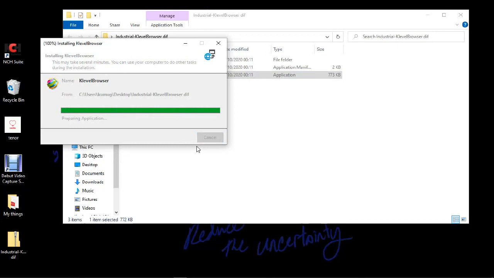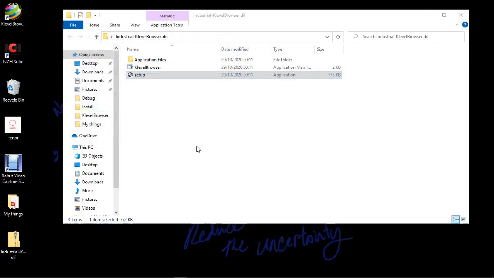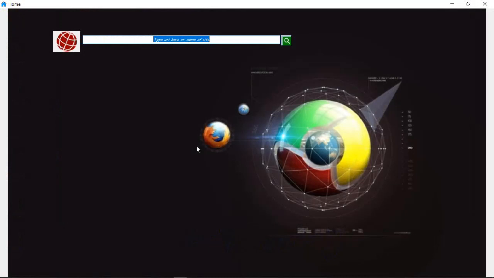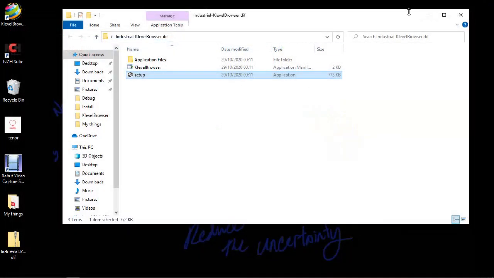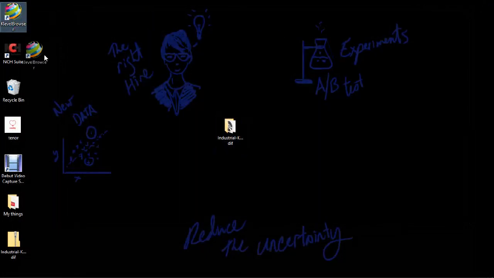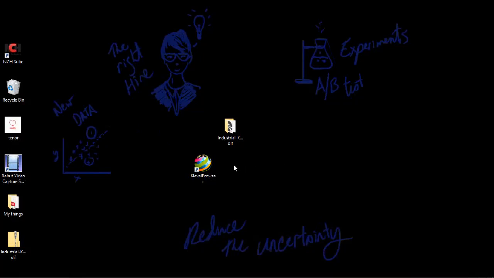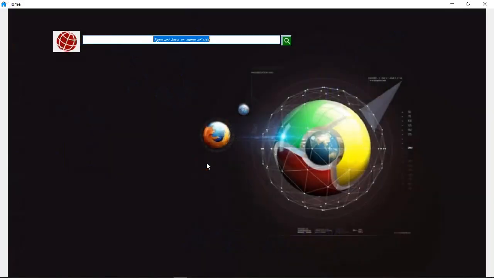Let's just wait for the application to boot up, and this is taking a while, longer than expected. And yes, the application will fire up just like that, and what you have to do now is make sure that it can open. Let's assume it did not fire up immediately. What you get is an icon, more of a shortcut of the application on the desktop, and you can double click on it and navigate to any URL that you want.